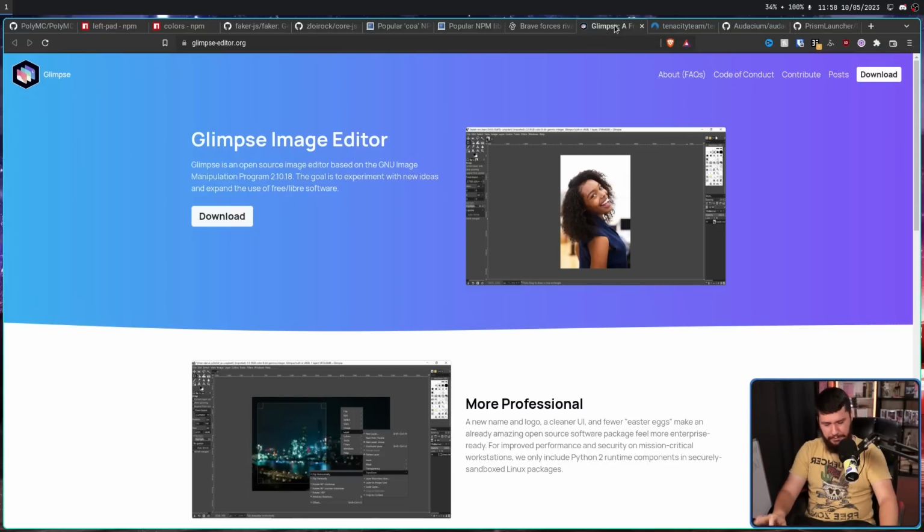So, Glimpse, this was a fork of GIMP, and their main goal was to remove the offensive branding in GIMP, the GIMP name. They wanted to remove a lot of the Easter eggs from GIMP and make it a more professional project, along with, in the long run, giving it a cleaner UI and things like this. Whereas Audacium and Tenacity were protesting Muse Group purchasing Audacity, bringing in some data collection stuff, and also bringing in a contributor license agreement. The biggest problem with a protest fork's long-term success is justifying its existence.